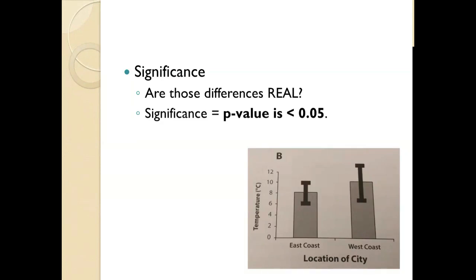because on any given day, the temperature on the West Coast might just be 6.5 degrees Celsius. 5 degrees different? That's not significant. That's not different enough. On a particularly strange day, the East Coast might be 10 degrees Celsius, while the West Coast might be 6 degrees Celsius. So because they overlap, we would say we have no significance, we have no confidence in this data set to